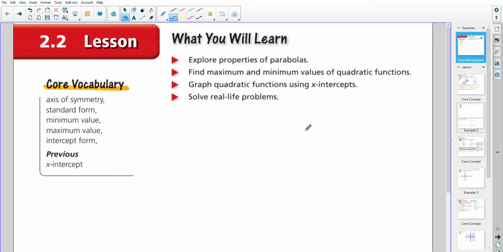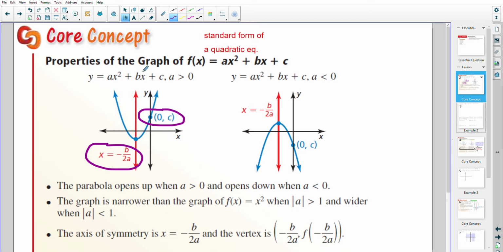Section 2.2, exploring the properties of parabolas. And so the properties involve the vertex, which would be either a minimum or maximum point, x-intercepts and y-intercepts, and increasing and decreasing. For example, there's a lot of information on this slide, but if the equation f of x is in standard form,